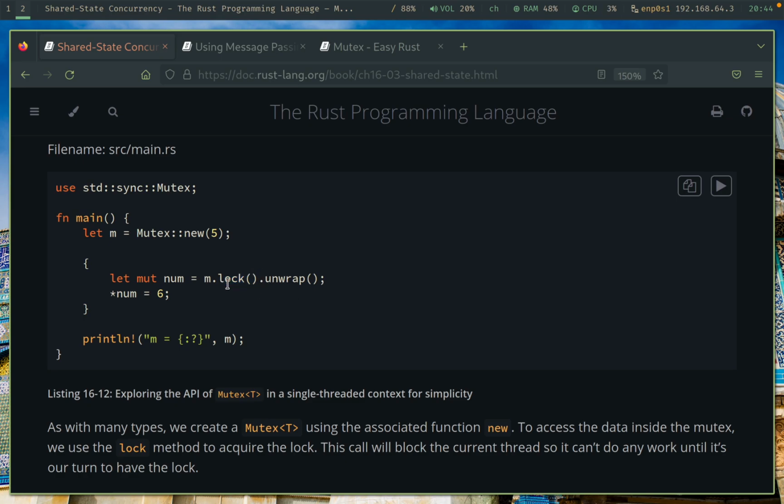And this is basically to make sure that the variable inside the mutex gets modified only once before the lock gets released back. So it's not possible that a program can modify the value in the mutex